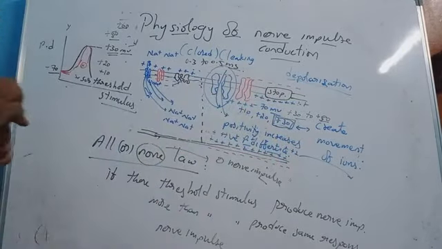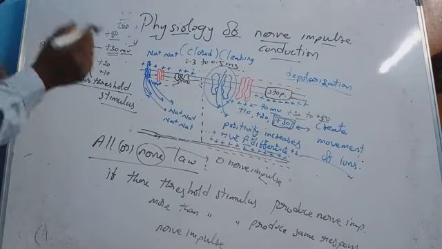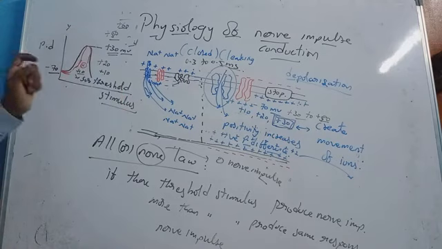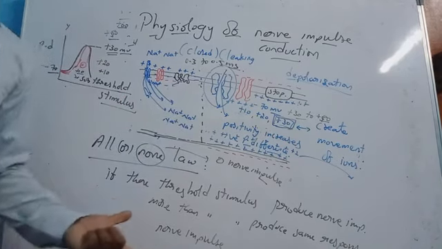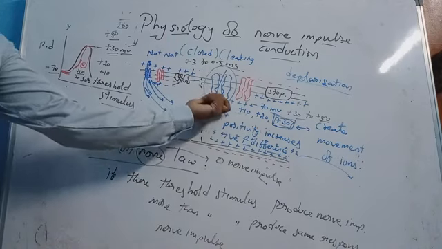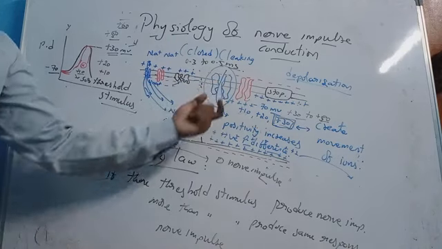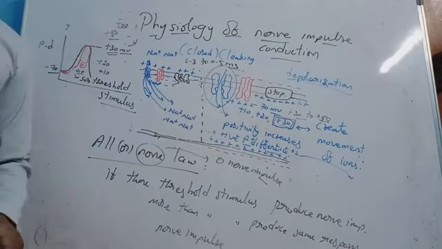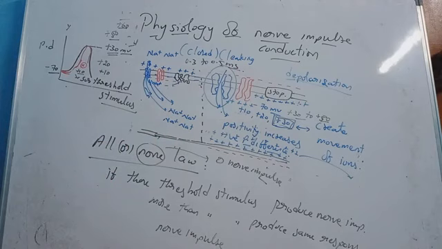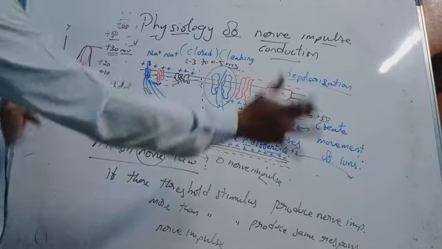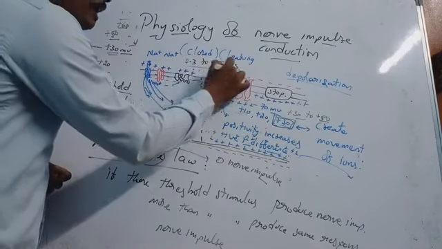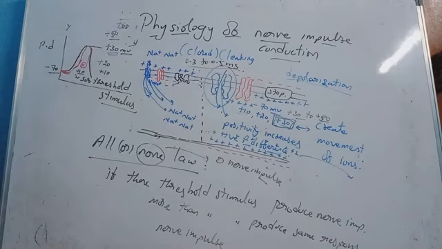But leaving that point, for example, if it produces maybe plus 10 threshold, if the ions don't move, then nothing will happen there. They will be dissolved there only. The sodium channels will close, and automatically the other channels will open up, which will again bring it back to normal. I will tell you how it comes back to normal. But remember, the total process we have discussed now takes only around 0.3 to 0.5 milliseconds. It is very less.